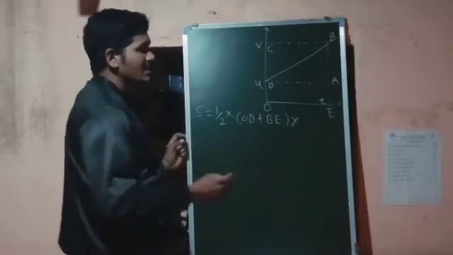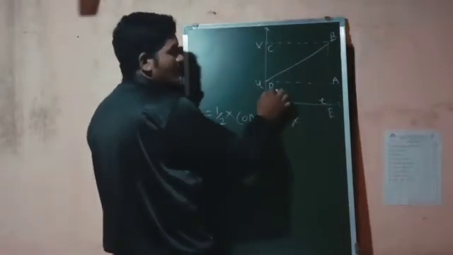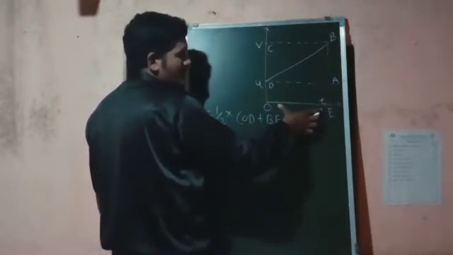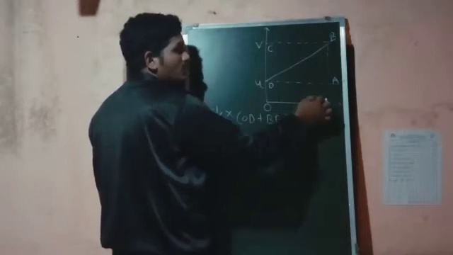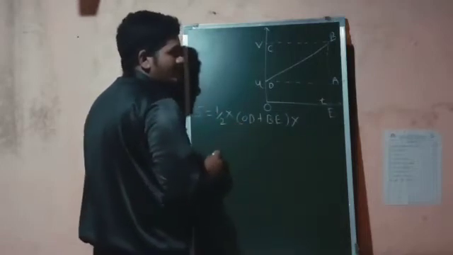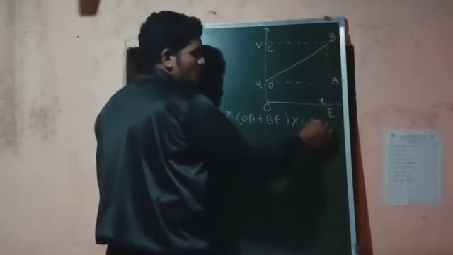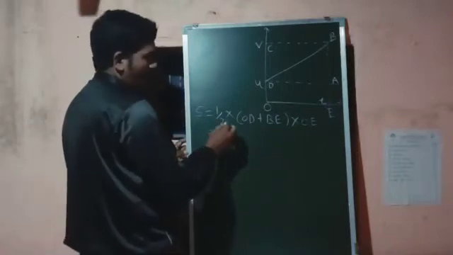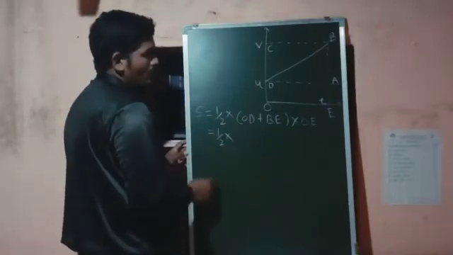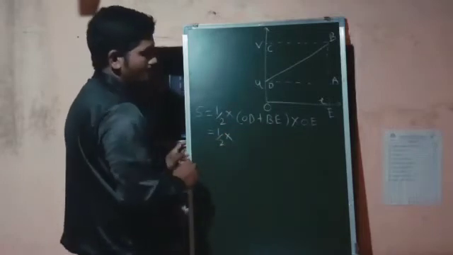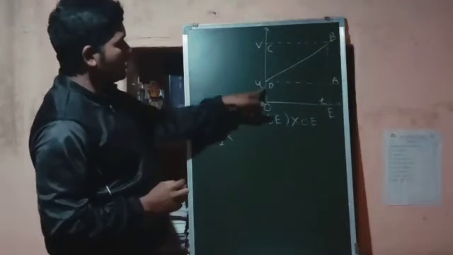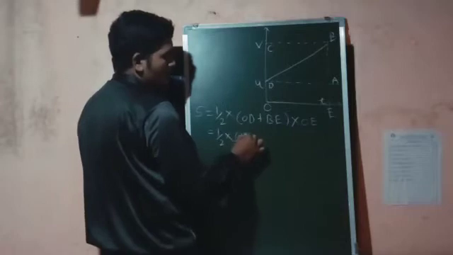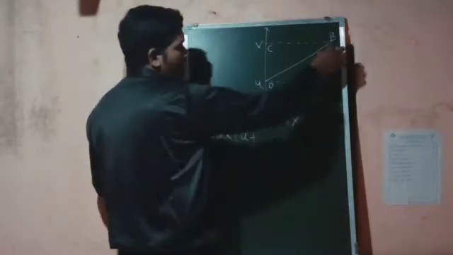The last part of the formula was the distance between these parallel sides. OD is parallel to BE, and the distance between them is OE, and this OE is nothing but time, so it is nothing but t. I will write the OE first so you will understand. Now simply we have to put the values. I will keep half as it is into OD plus BE. Now as you can see, OD in the diagram is u. So this is u plus v, this is the v.